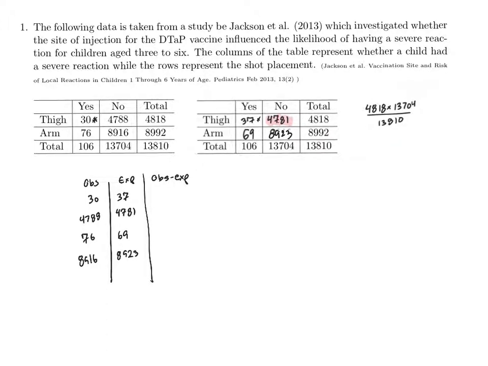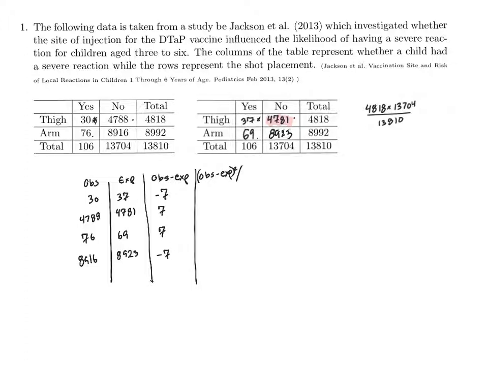For instance, you notice this is -7, and this is +7, and that's +7, and that's -7. And the reason why that's happening is when I moved 30 to 37, I increased it by 7, which meant that 76 had to fall by 7, so it still added to 106, and similarly, 4,788 had to fall to 4,781 to make it add. So wherever I say positive, the cell next to it has to be a negative. I've got this symmetry here, and once again, if I added those up, I would get 0 out,